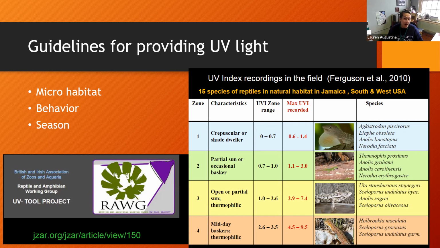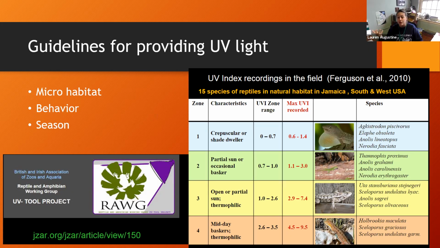If there's a lack of calcium in their diet, they might need a little bit higher UV light. So remember, these things don't happen in a vacuum. If it's really dry and there's a humidity problem, they might want to move out of the heat and create a burrow and dig down deep where they can get to some humidity and protect themselves from water loss. So it's going to be highly dependent on each species and their behavior, but